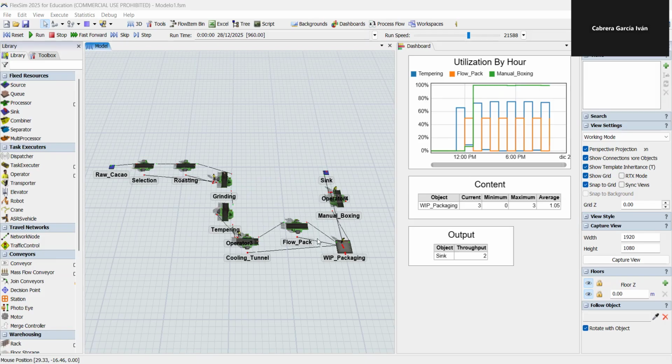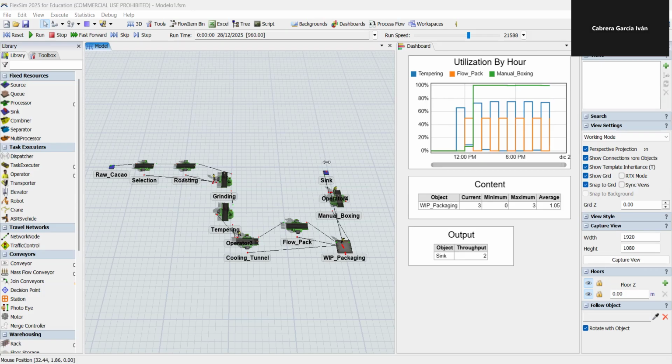The upper chart shows the utilization of key resources by hour. Here we can observe that the manual process operates at very high utilization levels, close to full capacity for most of the simulated period. In contrast, upstream processes such as flow, packaging, and tempering exhibit lower or fluctuating utilization. This imbalance indicates that manual boxing is acting as the system bottleneck, constraining overall throughput and limiting the performance of